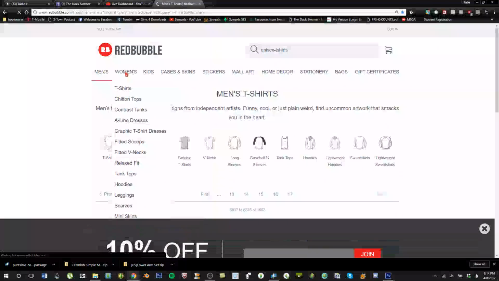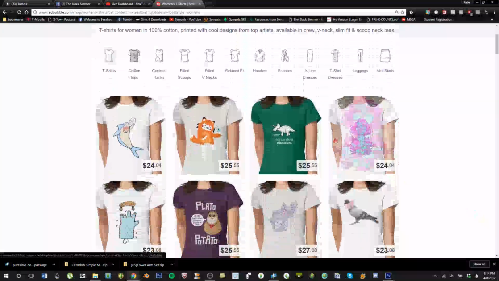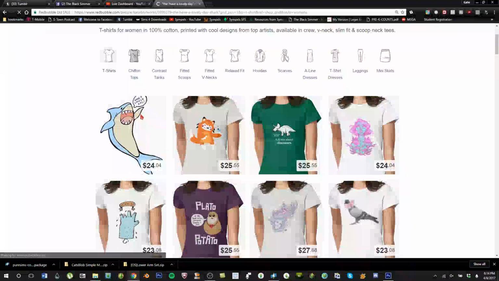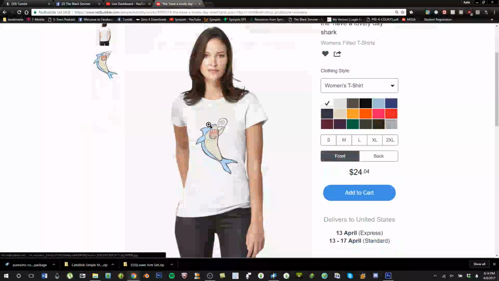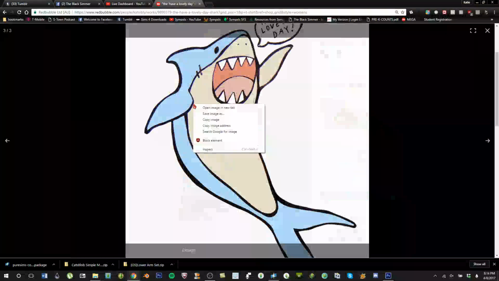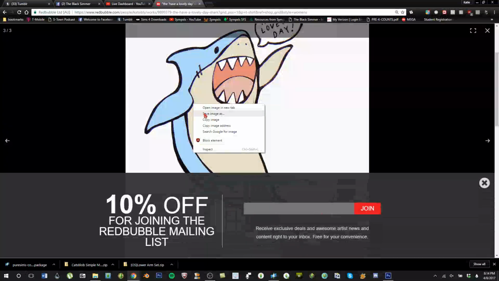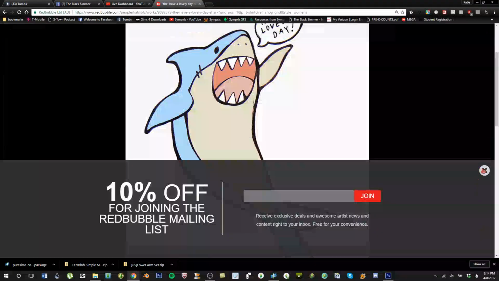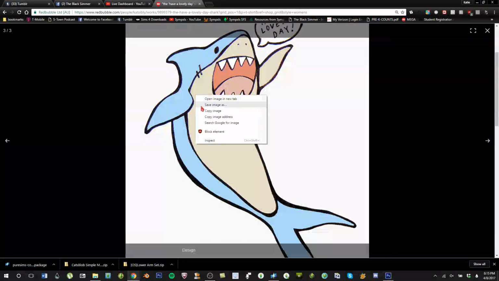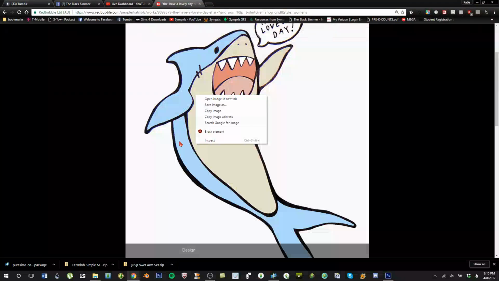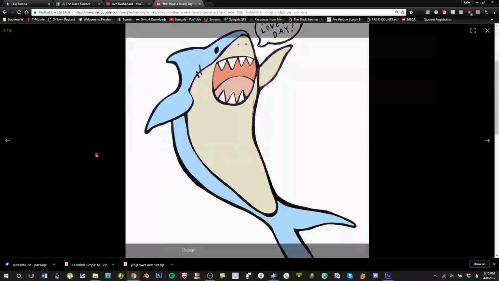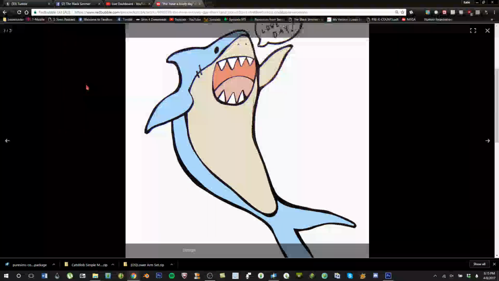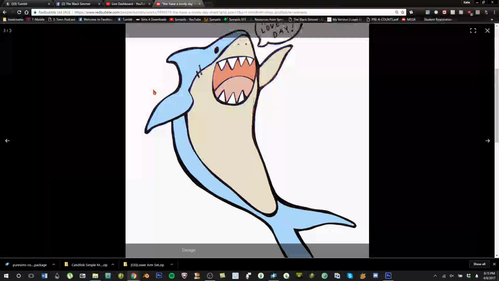And you know, what you normally would do is click on it, and then it would give you an option to right click on it and you save image as. Get out of here, 10%. I don't want 10% off. You save image as, and you save it to your whatever folder you're saving it to, and then pull it up in Photoshop. But the website that was suggested to me couldn't do it off of there,